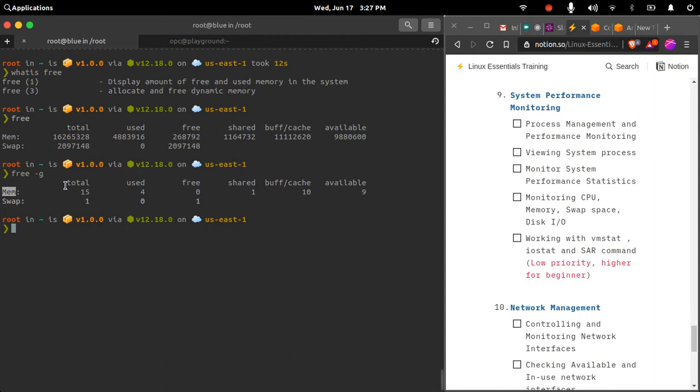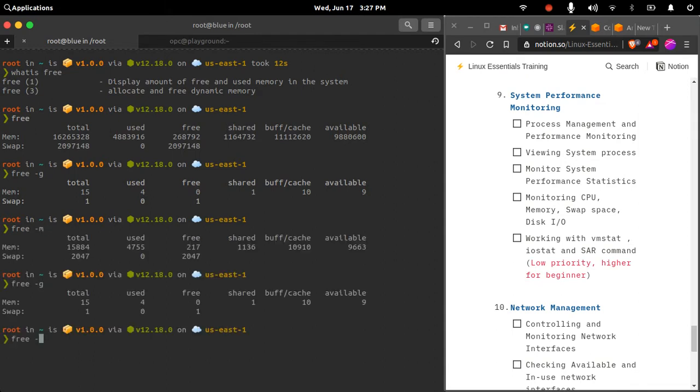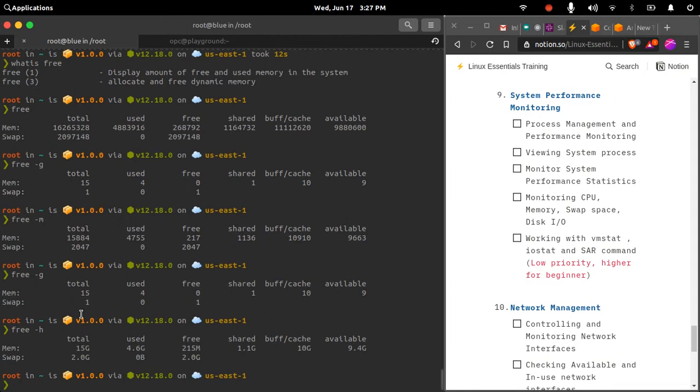So these are the few fields here. You can format the output depending on your familiarity, like you can change it to megabytes, or to GBs. And -h is also a flag which will print the output in a human friendly format. Now it is also appending a suffix to represent the type of value.